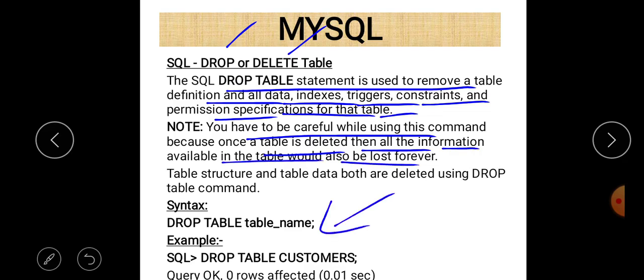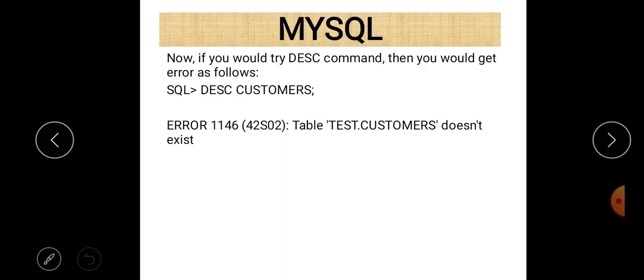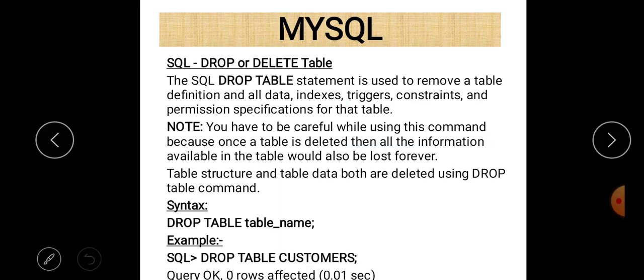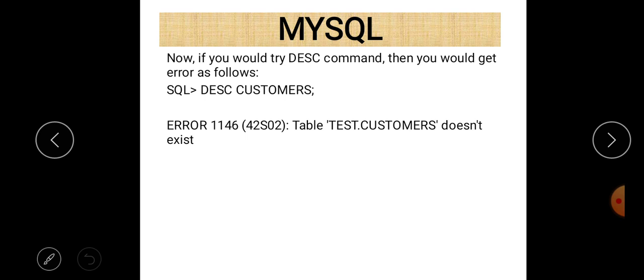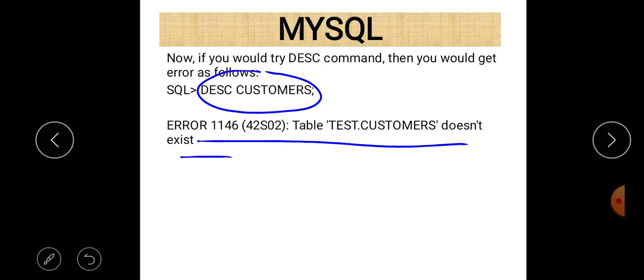When you use the drop table command, it simply deletes the table structure as well as the data related to that table. The table is no more after that. You are not able to use that table or structure even after using the drop table command. If you just use drop table with the table name, that table will be deleted. And if you then use the describe command, you can easily see that an error will be raised because this table is no more.